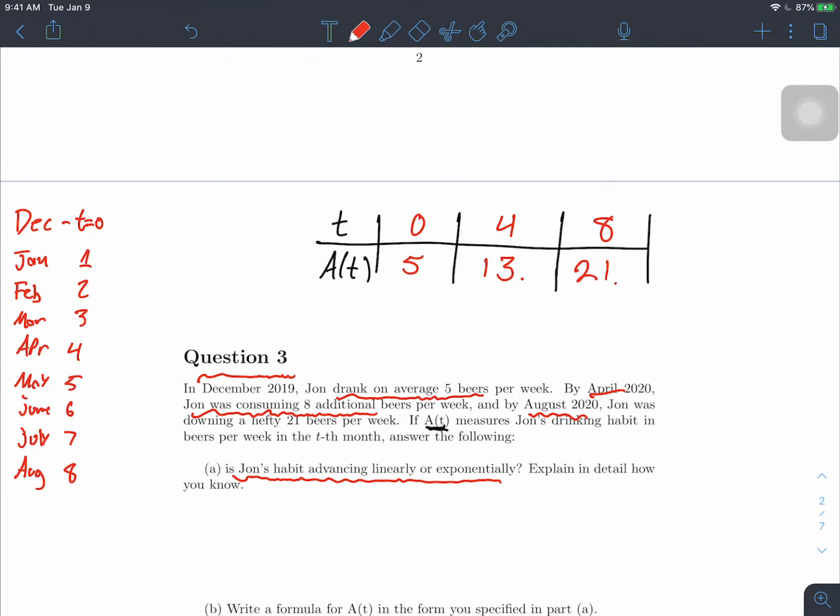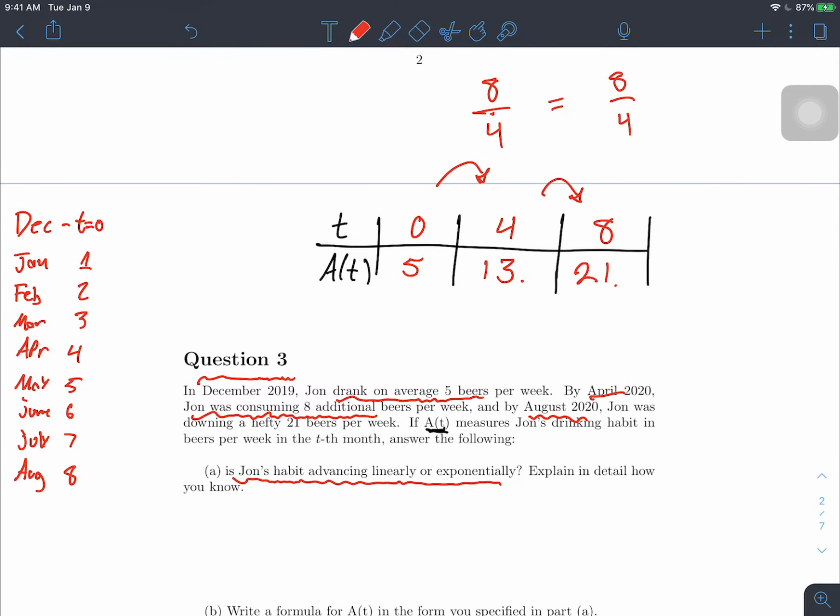If this is going to be advancing linearly, we should expect to be able to do the same thing that we did with the previous problem. So, from here to here, our increase in our dependent variable, which is a, was 8. So our rise was 8, and our run was 4 months. Next step, 21 minus 13. Our rise was 8, and again, our run was 4 months. Okay, these two numbers are equal, so I feel confident saying